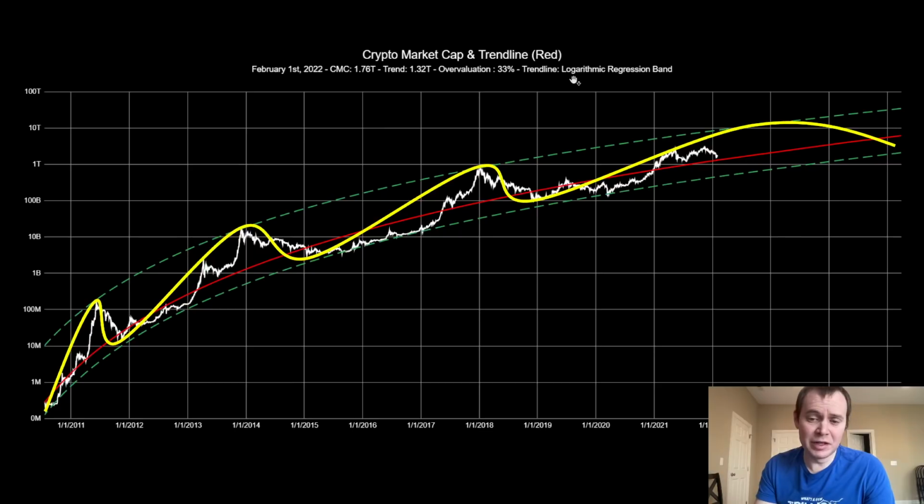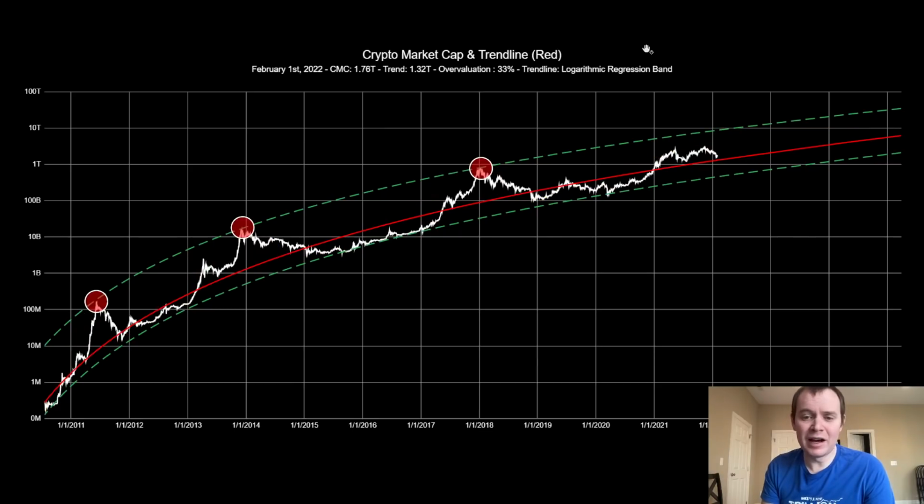So continuing on, one of the things we can do is we can identify prior market cycle peaks that happened at the top of the upper logarithmic regression trend line. We can see one in 2011, one in 2013, and then one in late 2017 that bled into 2018, because again, this is the entire asset class, not just Bitcoin. And we know that altcoins had a field day in early 2018. We can also identify local tops, and we saw one in mid 2013.